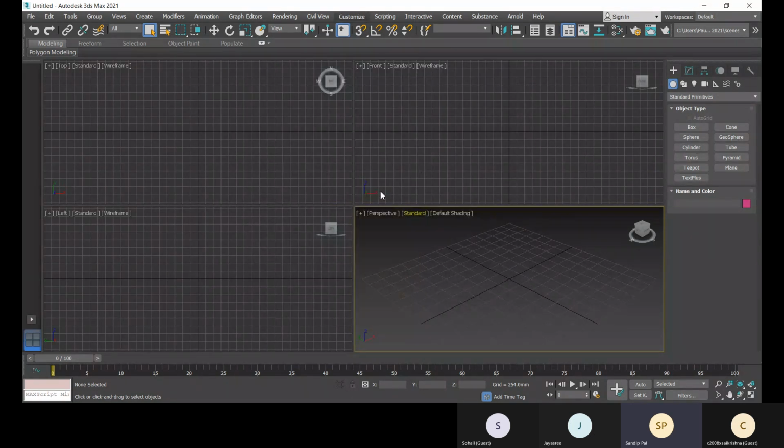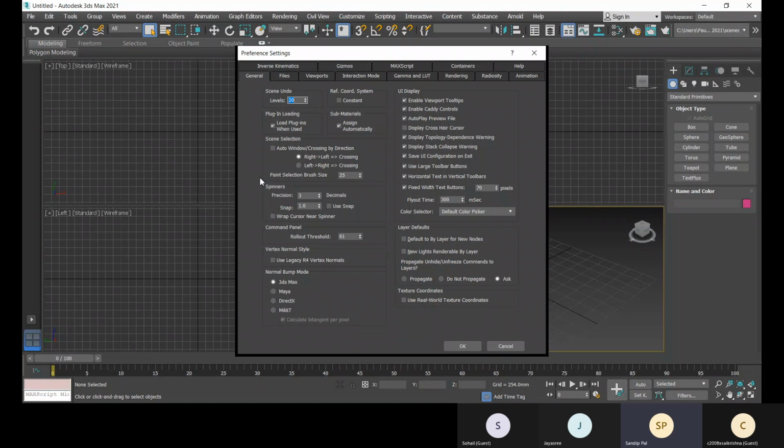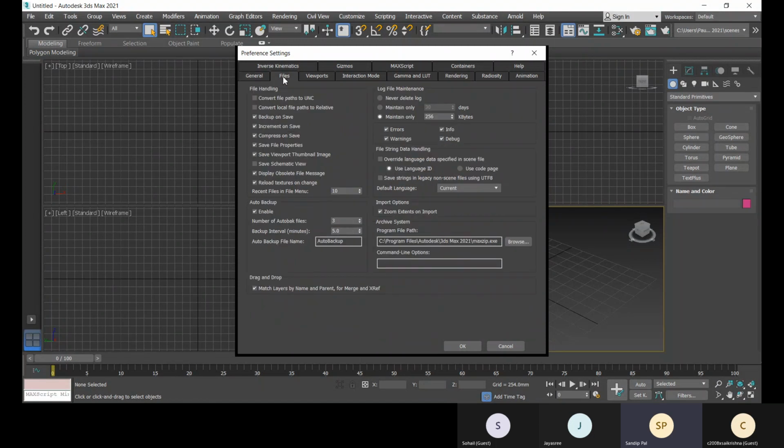Then we can go to our preferences. In the file tab we can check that auto backup is enabled. One more thing, convert local file paths to relative, should also be checked. Why?